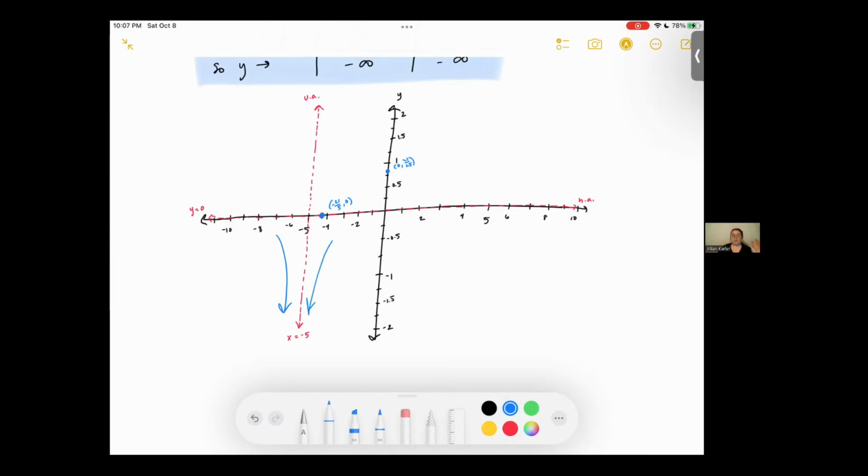We see that it will be more affected towards the edge. But the point is, we don't have enough information. We're looking at our graph. We don't have enough information to fill in kind of what the graph is going to look like. Also, the question asks to find the domain and the range of the function. We don't really know. I mean, we can find the domain, but the range would be really tough at this